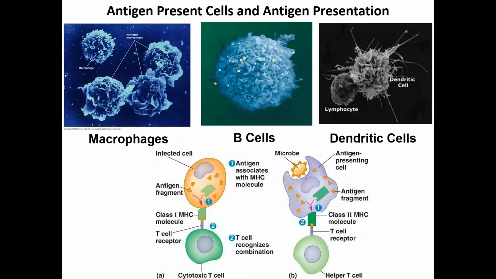Your cytotoxic T cells are your CD8 T cells. And they interact with cells that are displaying MHC class 1 surface markers with foreign antigens. So this is going to trigger a cytotoxic